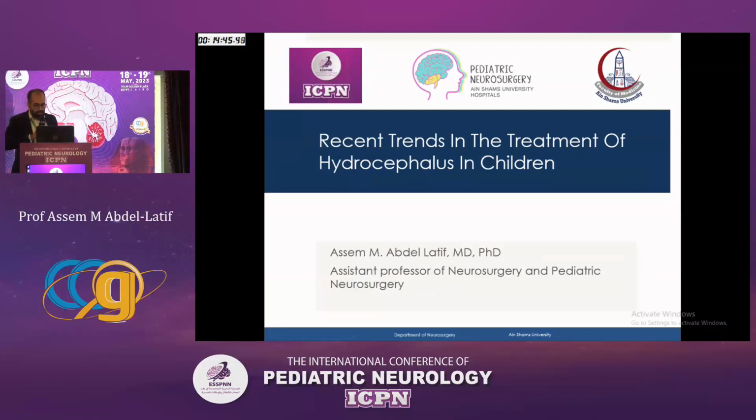It's really a very nice idea to have a multidisciplinary approach for the assessment and management of one of the most common diseases that pediatric neurologists and pediatric neurosurgeons encounter. This is pediatric hydrocephalus. It represents about 30% of the whole neurosurgical operative load at Ain Shams University. And it's really very important to have a multifaceted understanding of the disease. A very smart idea to gather experts in the field of pediatric